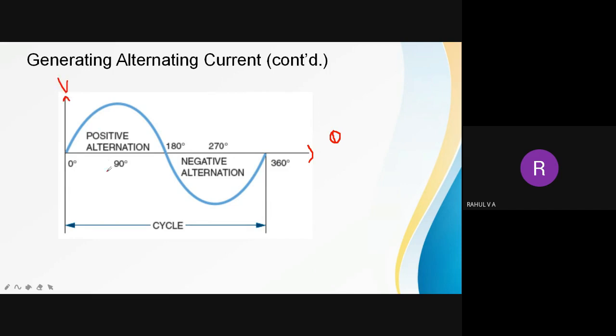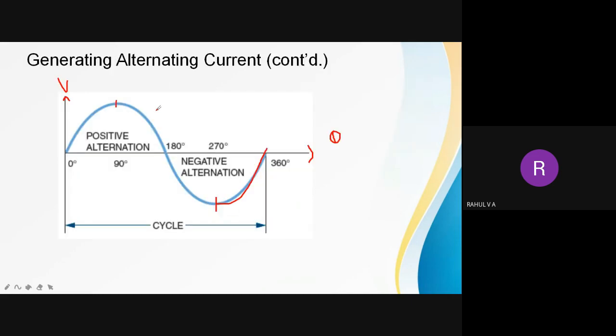This is the voltage axis. As I told, at the first initial position, the EMF induced is 0. When the rotor rotates 90 degrees, the waveform reaches the positive maximum, and when it reaches 180 degrees, it reduces from positive maximum to 0. After the next 90 degrees, the conductor inverts from A to B. Previously voltage was induced in A, now it is induced in B, so it goes into the negative maximum, and from 270 to 360 it comes from negative maximum to 0. So this is one cycle of the waveform.